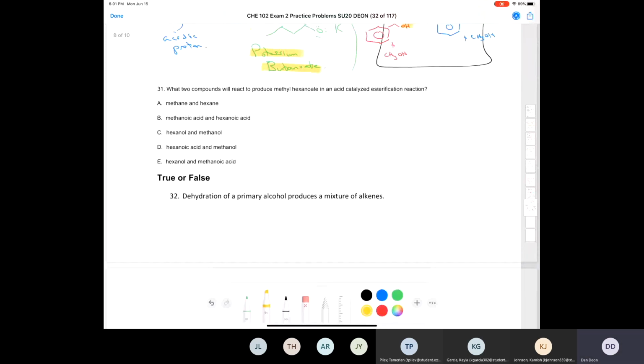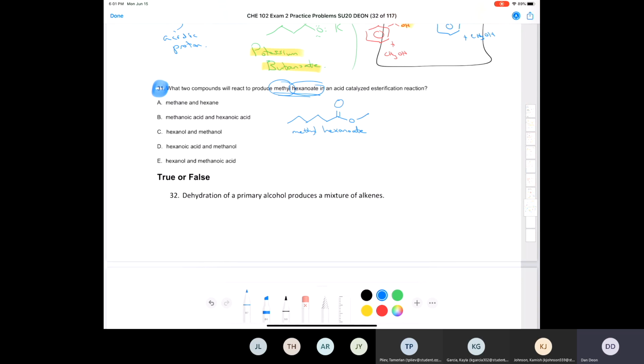Question 31 says, what 2 compounds will react to produce methyl hexanoate in an acid catalyzed esterification reaction? We looked at a question almost identical to this earlier on. So the first thing is you have to be able to draw methyl hexanoate. The hexanoate comes from hexanoic acid, and the methyl comes from the alcohol portion. So if I draw methyl hexanoate, 1, 2, 3, 4, 5, 6 for my hexanoate, and then a methyl group. So this is methyl